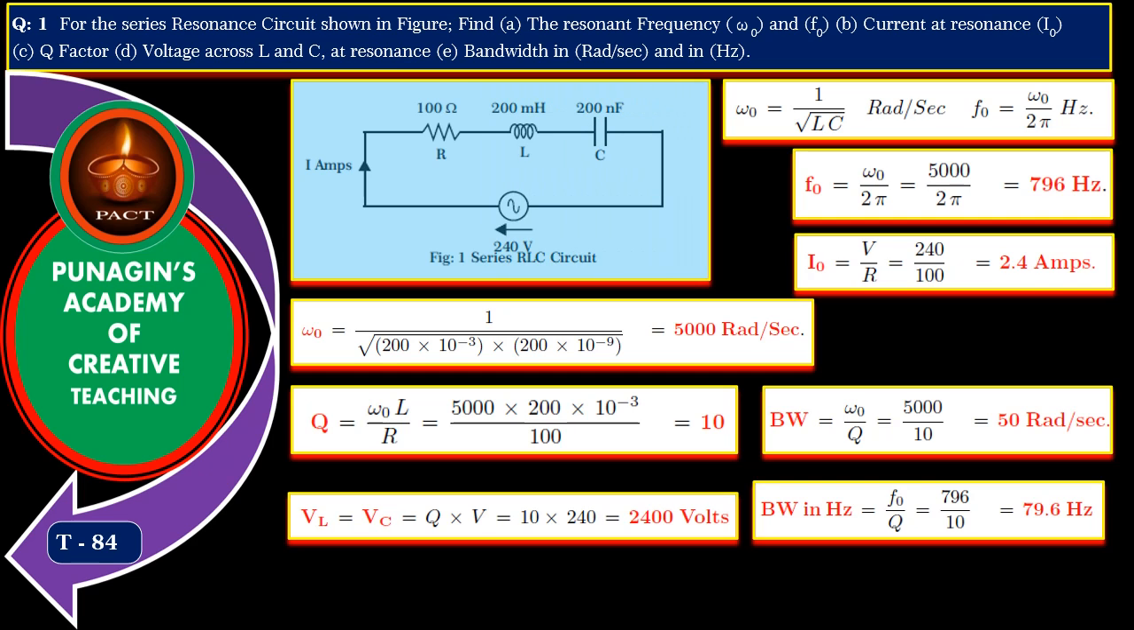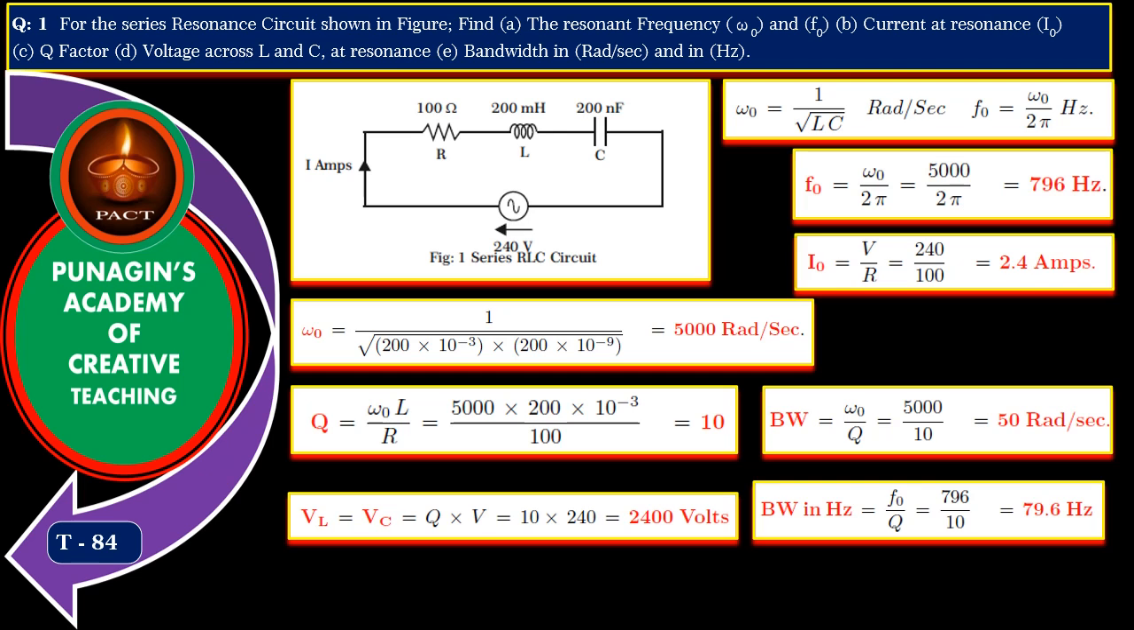Observe the network. We see that all the circuit elements values are given. So, straight away we can select the equation for omega naught is equal to 1 divided by root LC radians per second, and f naught is equal to omega naught by 2 pi hertz. By substituting the values of L and C and solving, we get omega naught is equal to 5000 radians per second. Using f naught is equal to omega naught by 2 pi and substituting the values of omega naught, we get f naught is equal to